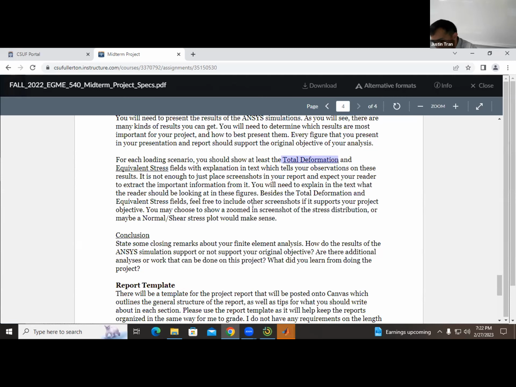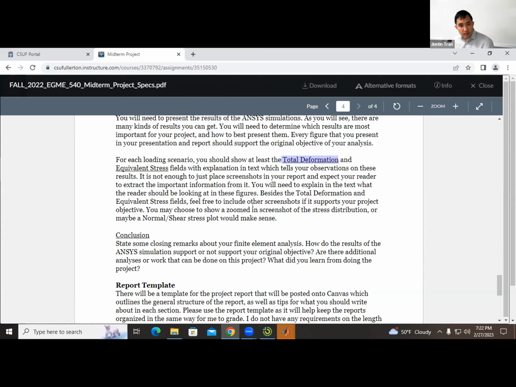Yeah. Generally, a good rule of thumb is that whenever you're writing a technical report, you should never have what we call a figure on an island. It should never be by itself. It should work together with the text. And in fact, the figure should enhance what you're saying in the text. That's how it was taught to me.